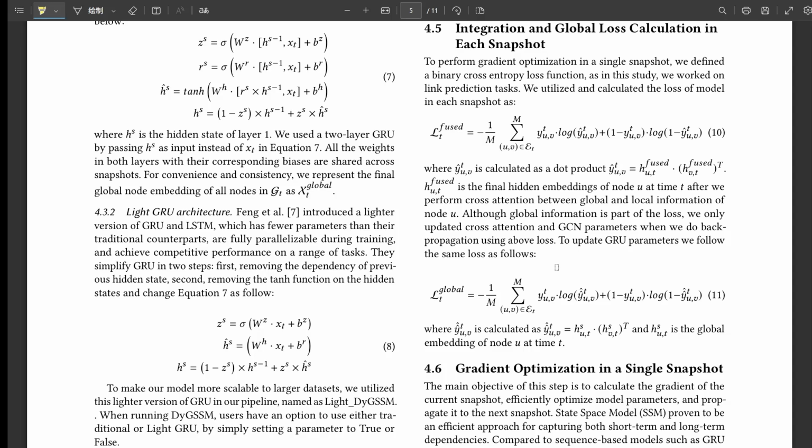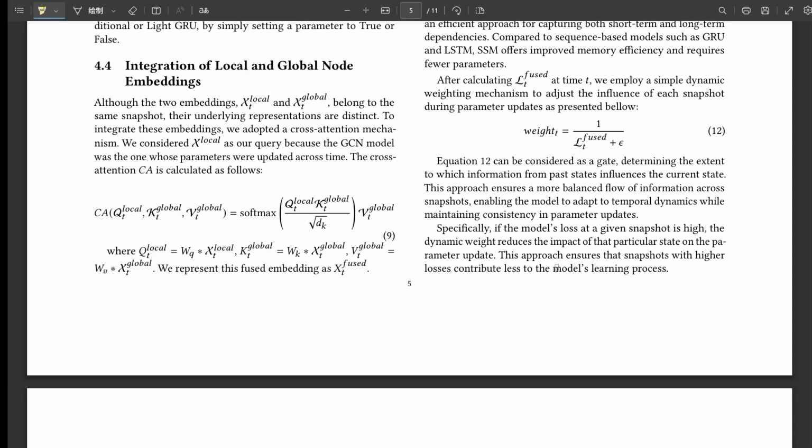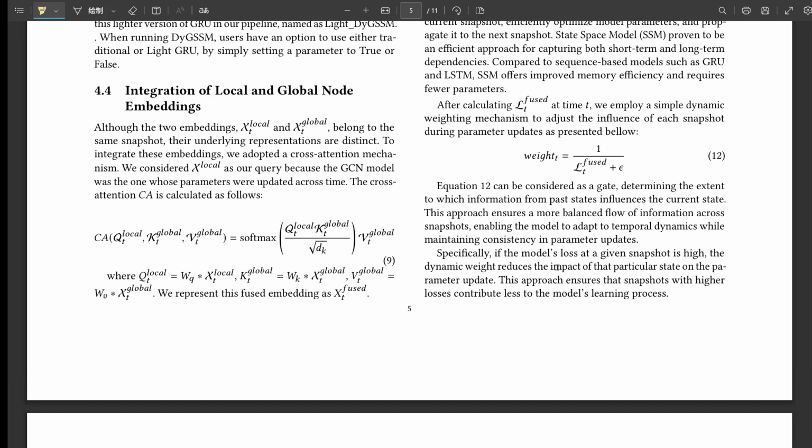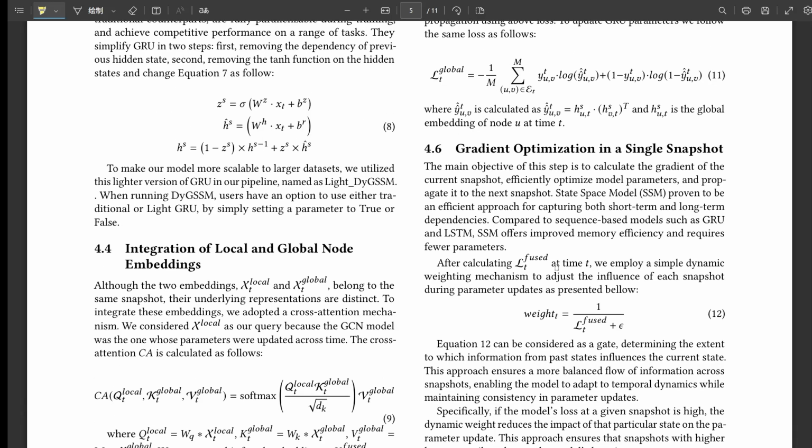This all sounds very well thought out theoretically, but did it actually work? How did they test DyGSSM? They did pretty extensive testing. The main task was link prediction. Can the model predict future connections in the graph based on its history? A standard benchmark. Exactly. They used 5 common real-world datasets: 2 Bitcoin transaction networks, Alpha and OTC,